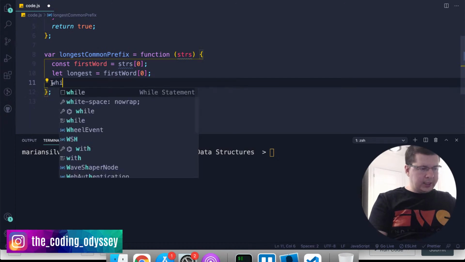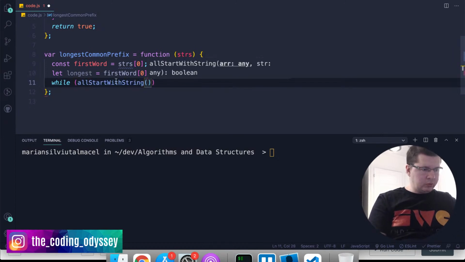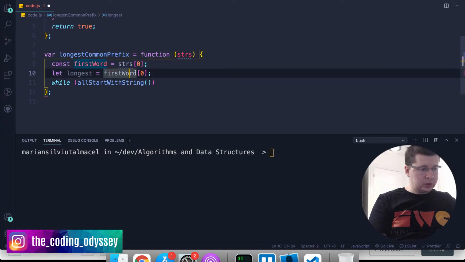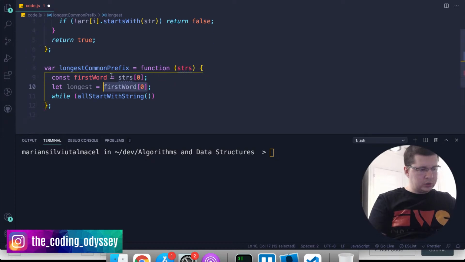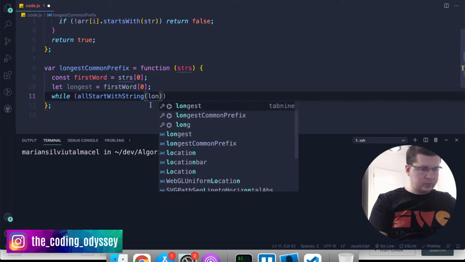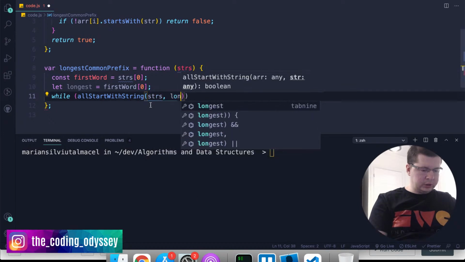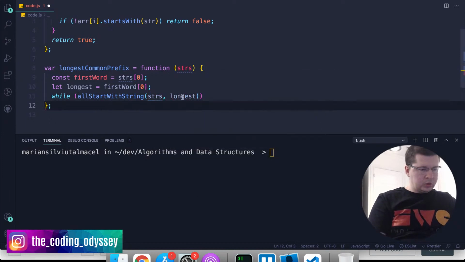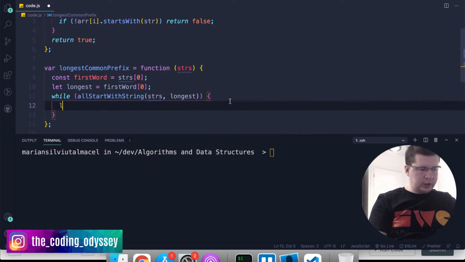We can say while allStartWith string, and we're going to pass longest here. Well, first strings and then longest. So while this is true, we want to say